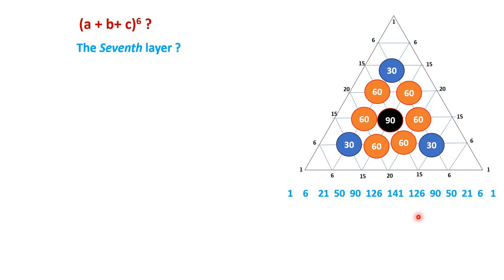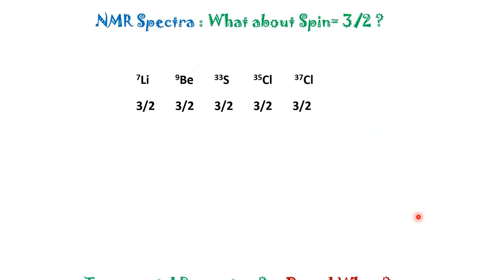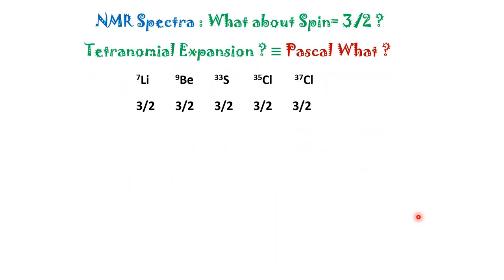And we can now claim, which is probably a very new one, that yes, the Pascal pyramid can produce the true intensity ratio in NMR with spin I equal to 1. So in the next video, if you want, we can come back with spin I equal to 3 by 2. But till then,